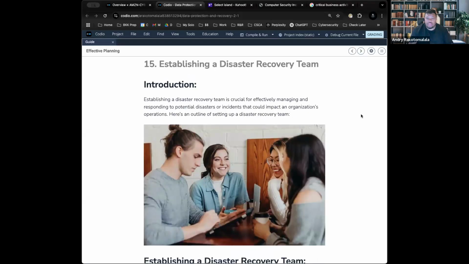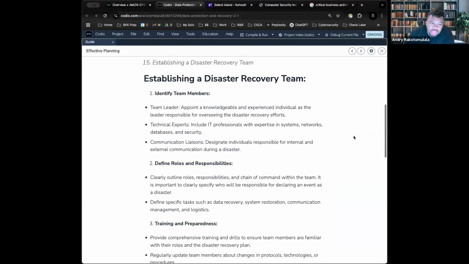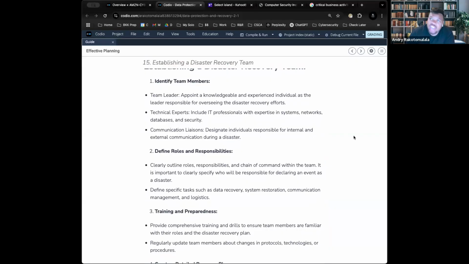All right. So, how do you establish a disaster recovery team? Well, more often than not, you would have a resilience team, and that resilience team is a group of individuals who manage and execute the entire process during an IT crisis. Okay? So, when you do that, you have to find team members that are experts in that field. In past structures, I've seen a GRC team lead that oversees all of governance, risk, and compliance, a crisis team lead, and crisis is someone who manages business continuity as well as disaster recovery. So the crisis lead would be the team lead.